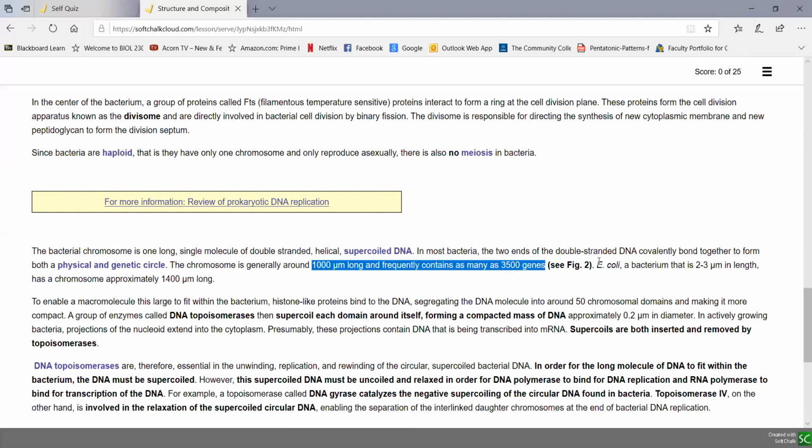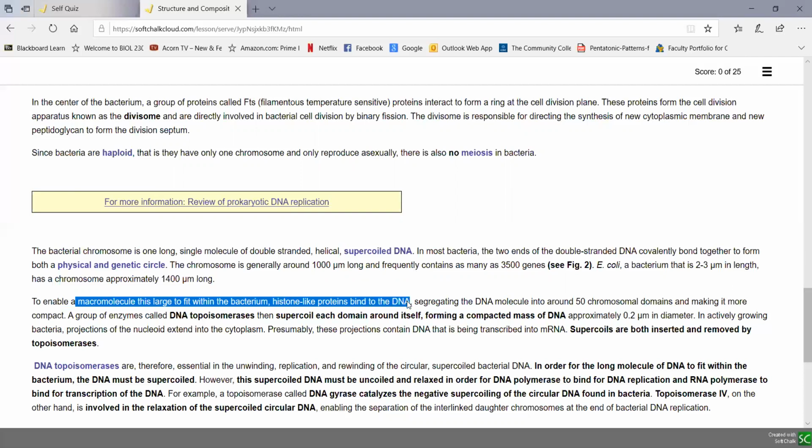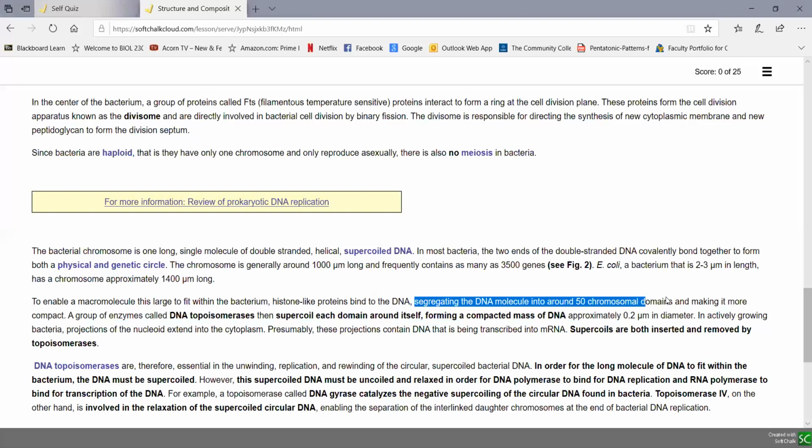Now, typically a chromosome in a bacterium is about 1,000 micrometers long and may have as many as 3,500 genes. If we take E. coli that we looked at in lab 1, at most that's only about 2 to 3 micrometers long. So it's a little box about 2 to 3 micrometers long, but that contains a chromosome approximately 1,400 micrometers long. So for that large molecule of DNA to fit into the bacterium, histone-like proteins bind to the DNA first. Remember, bacteria don't have the histones that eukaryotic cells have, but they have similar proteins called histone-like proteins. And these histone-like proteins segregate the DNA into about 50 chromosomal loops or domains to make it a little more